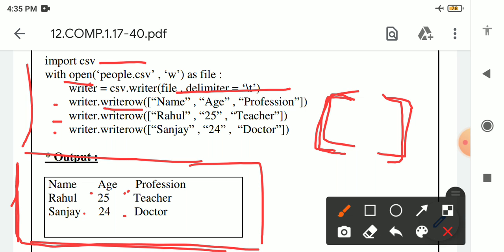There is no comma because we have removed the comma with the help of backslash t. In place of the comma we are using backslash t, and backslash t is never printed on the output screen. Only its effect can be seen. The effect of backslash t is this blank space. The full form of backslash t is tab character.